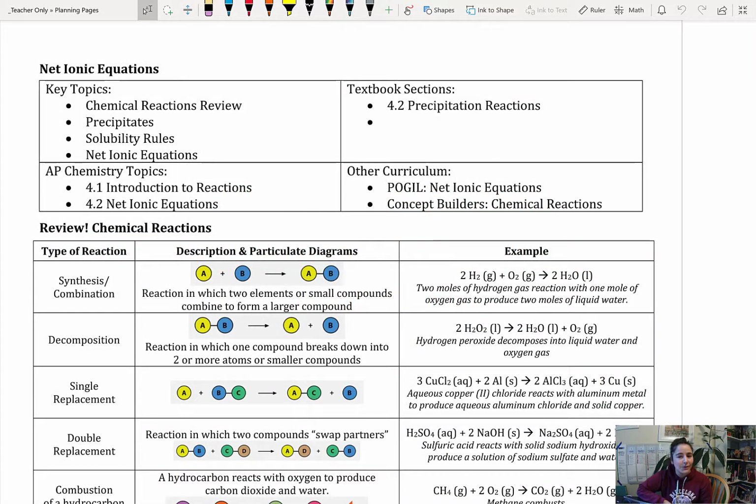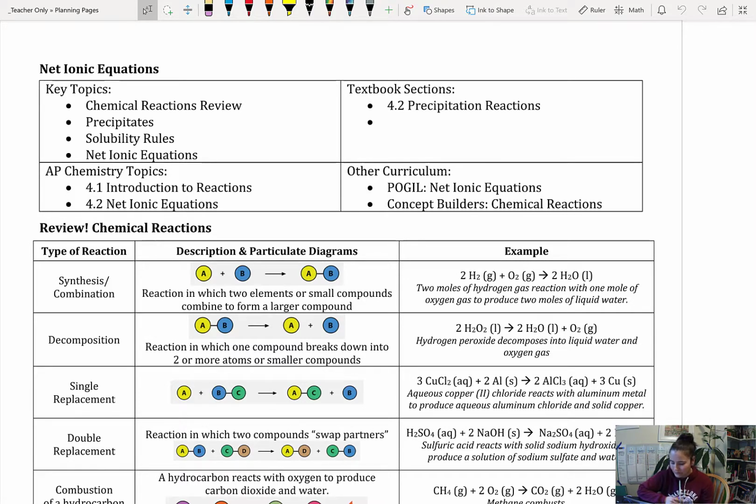In this lecture, we're going to be doing a quick review of different types of chemical reactions and how to predict products. We're going to be learning about precipitation reactions and what a precipitate is, which goes with the solubility rules, and how we write net ionic equations. You can find more information in section 4.2 of your Brown-LeMay textbook, and it corresponds to AP Chemistry topics 4.1